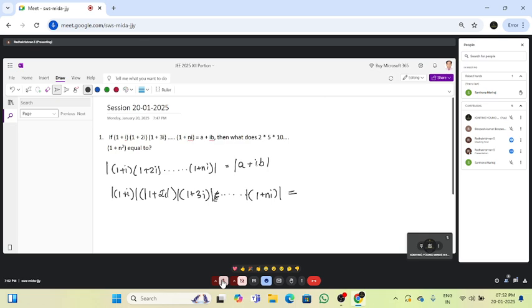You have to write these steps. And we know that mod of a plus ib is root of a square plus b square. And what is this? This is your root of 2, and this is your root of 5, root of 10 into